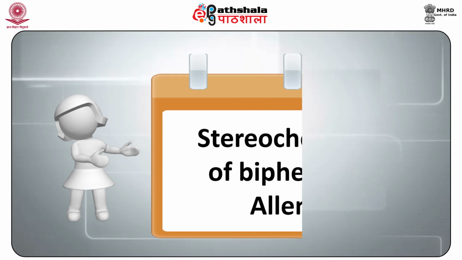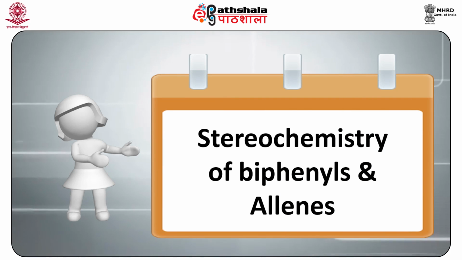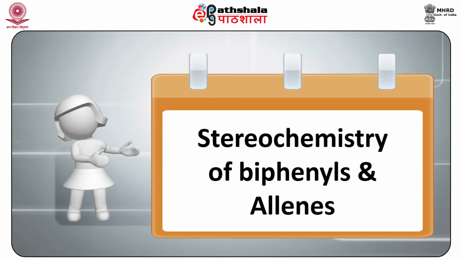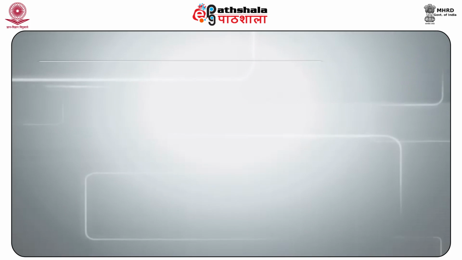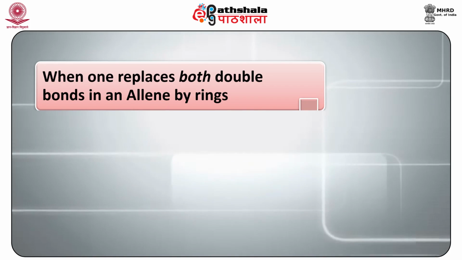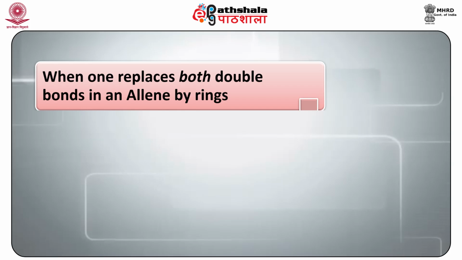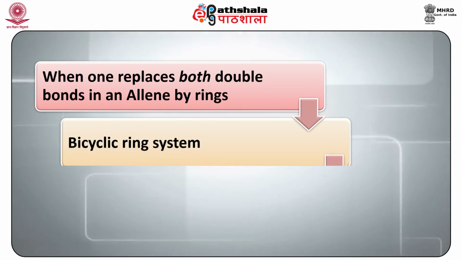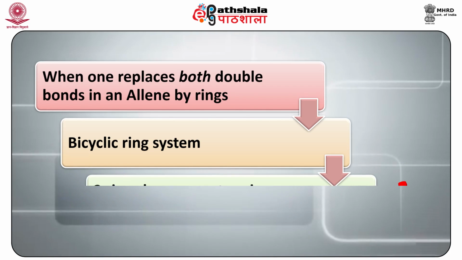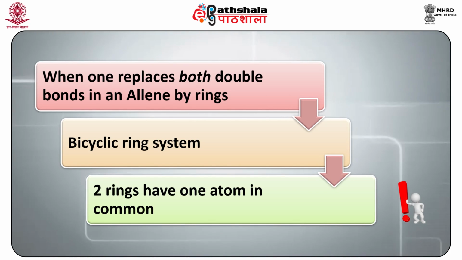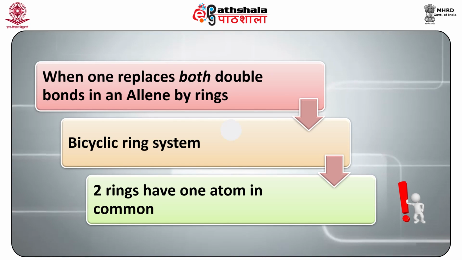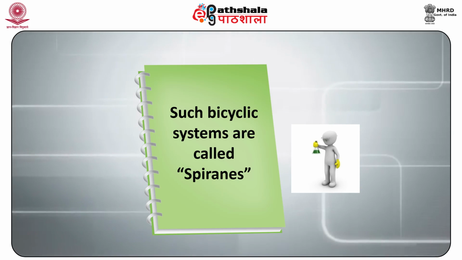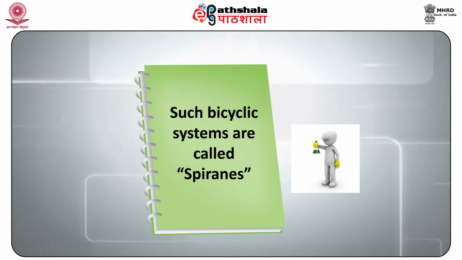Let me tell you what spiranes are. In the previous modules, we have studied in detail the stereochemistry of biphenyls and allenes. Now, when we consider allenes and replace both the double bonds in allenes by rings, we obtain a bicyclic ring system in which the two rings have one atom in common. As shown in the following figure, such bicyclic systems where the two rings have the same atom in common